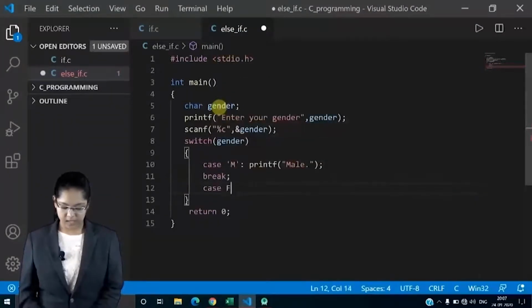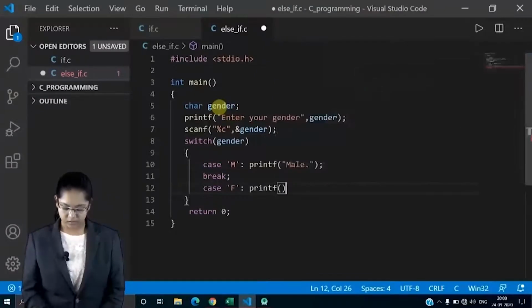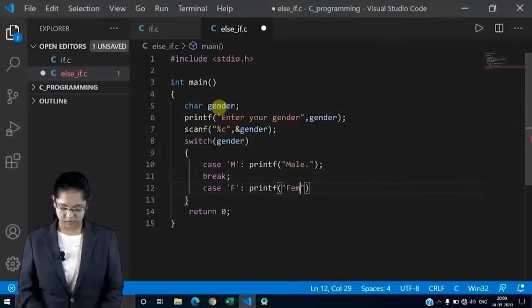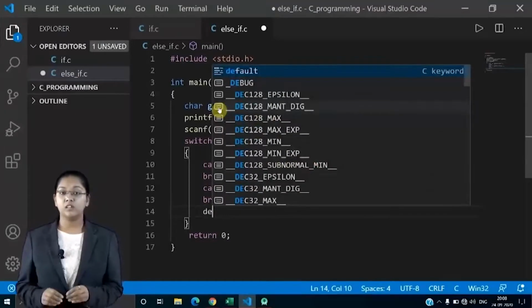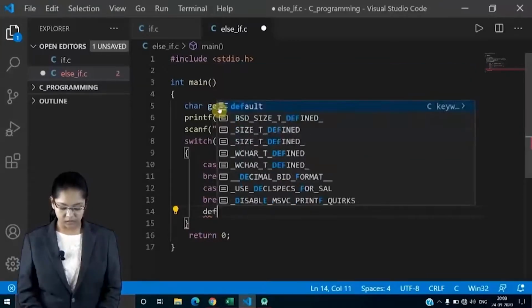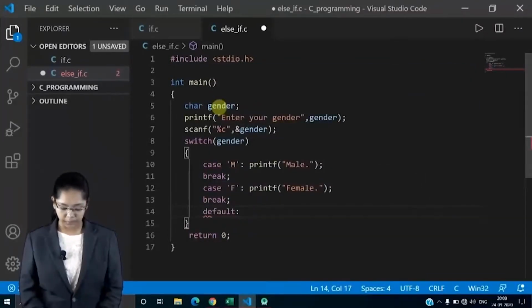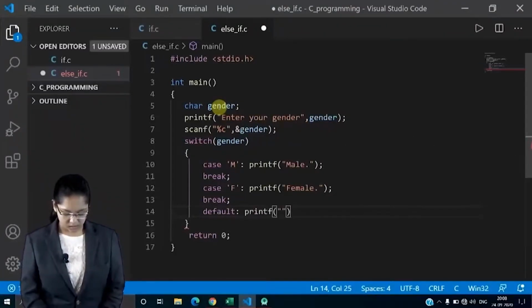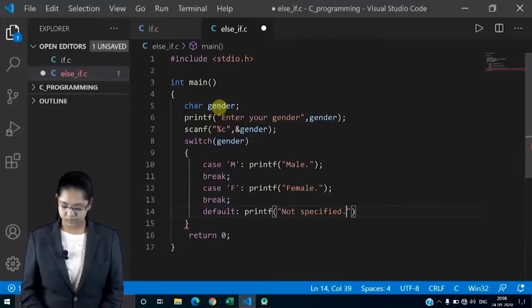Similarly, case F, that is character, capital F, printf "female", now again break. Then if it is not M or F, then what will I get? I will give a default statement here. If nothing matches, then print "not specified".